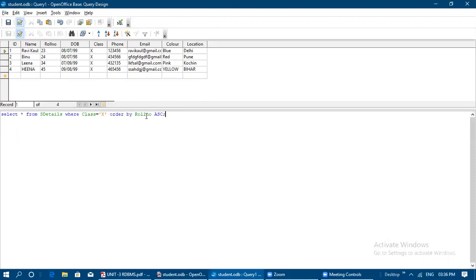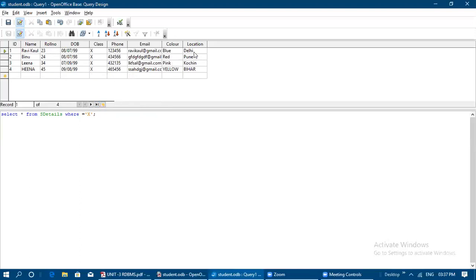Order by roll number and class 10. Yes, no, where class is equal to 10. Now I am going to give a where condition. I am going to change it, and this order by I'll remove, because if I give one condition, that condition will display only one record. The colors are unique, location names are also unique, and date of birth is also mostly unique. Similarly, with class, only one record.